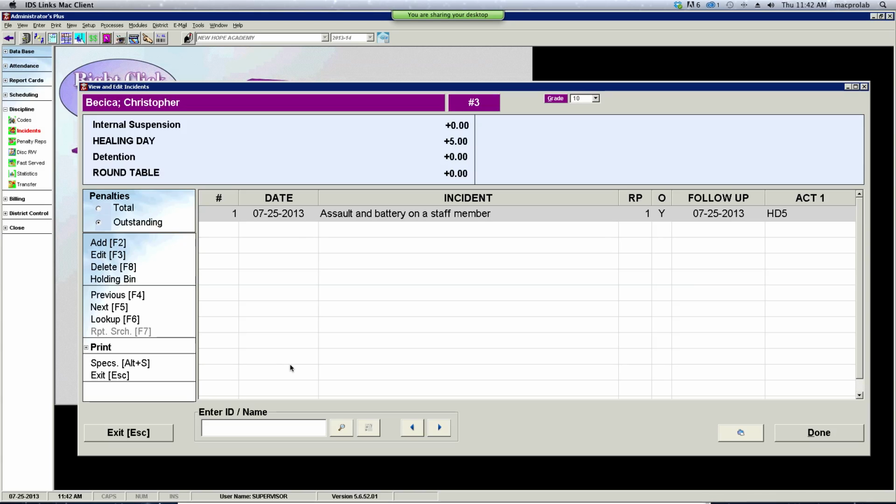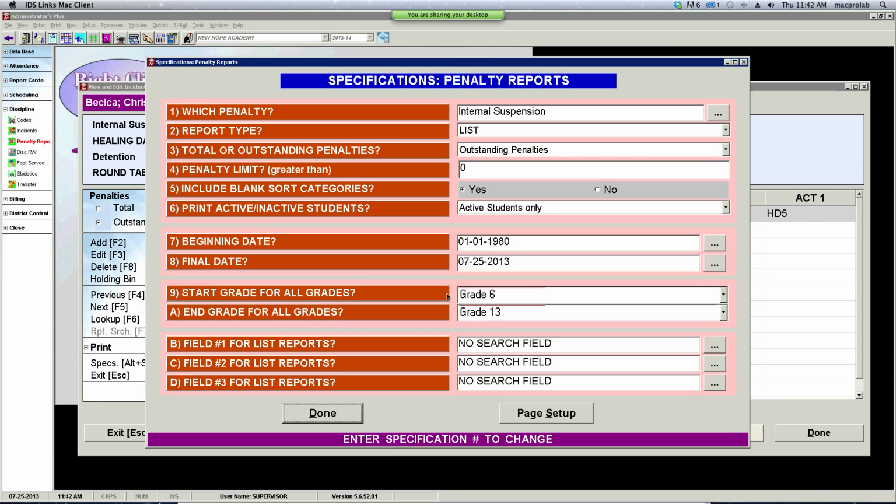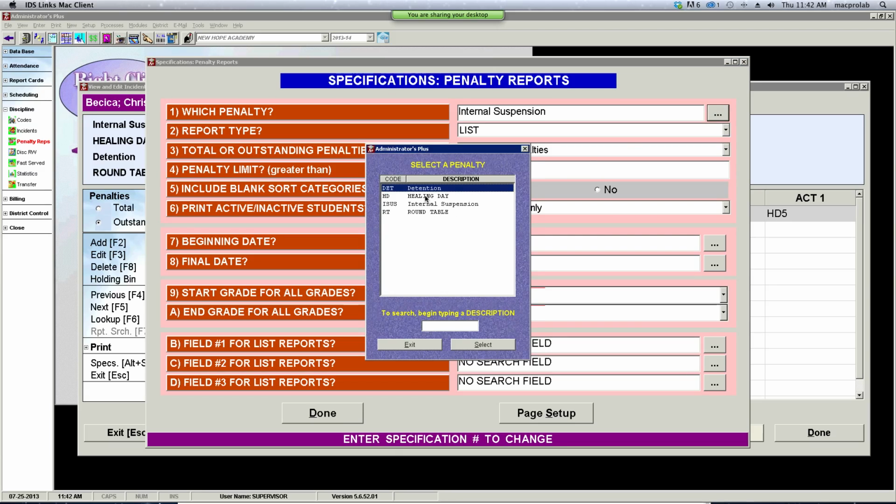Okay, so let's go to the penalty reports on the left just below the incidents. Penalty report. I'm not seeing it. There it is, up far on the left. Okay. Oh, that's not good. Click done. Okay, so which penalty? We don't want internal suspension. We want the healing day, although you left it as external suspension. Oh no, it did change. Okay, so click healing day,